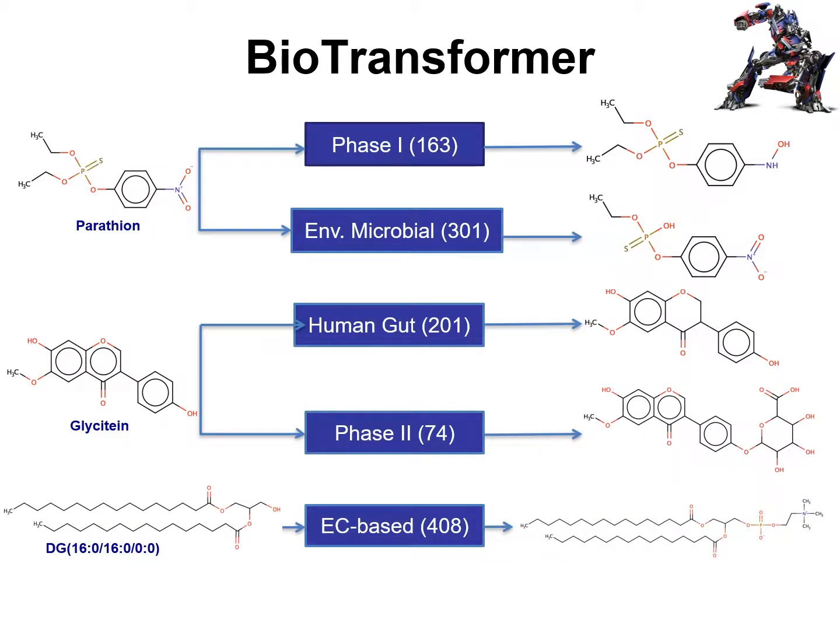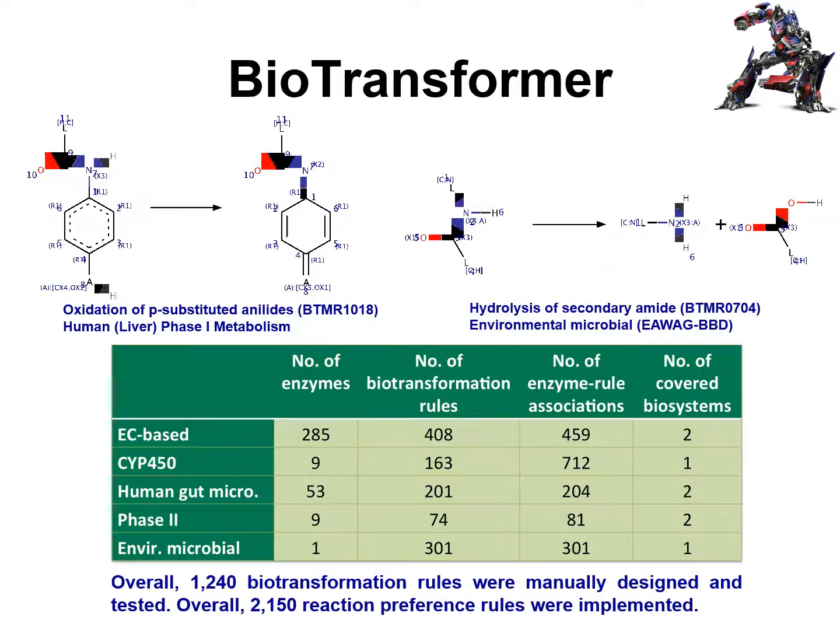The tool itself has, as I said, these 5 components. It does phase 1 transformations, where 160 some transformations are modeled in the software. Environmental transformations, about 300. Human gut or microbiome transformations, a little over 200. Phase 2 transformations, about 70. And then promiscuous enzyme conversions that will happen, about 400. So we'll dive in a little bit more about